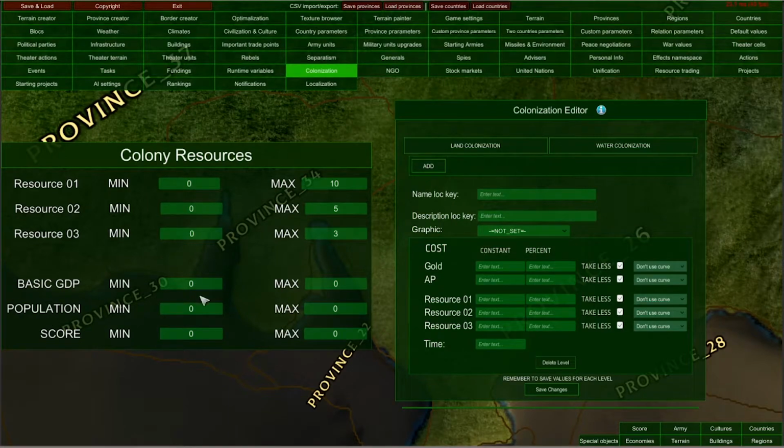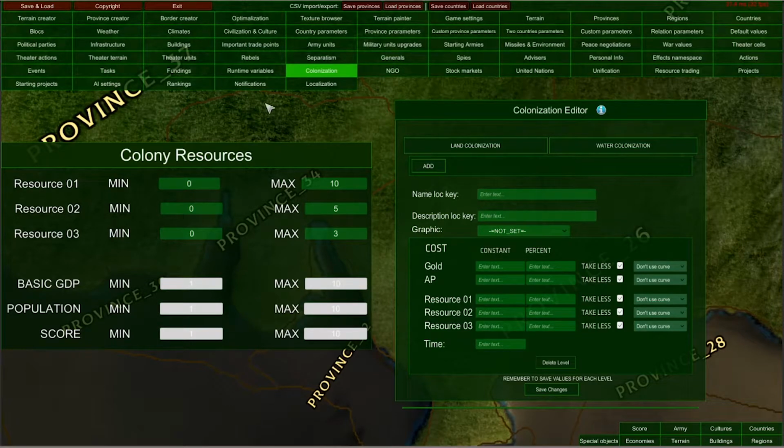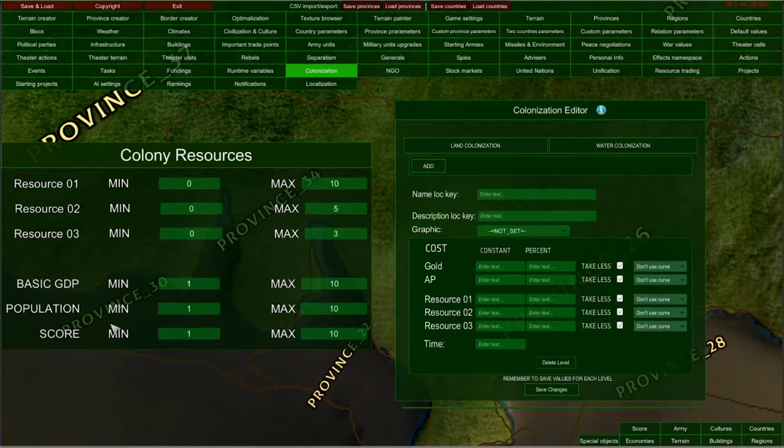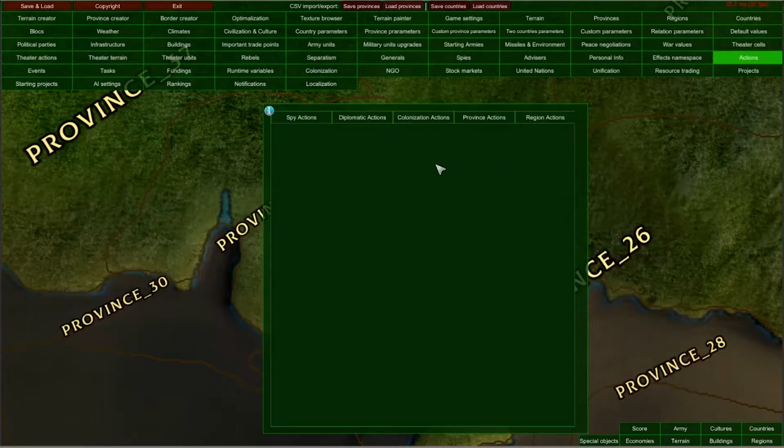And also I can set up the basic GDP for my colony, and I highly recommend giving here values of, for example, at least 1 in each category. Because that way, after colonizing, each colonized province will have at least 1 population, 1 basic GDP, and 1 score. And here to the right, you can set up your land colonization projects and water colonization projects. By clicking this Add button, I have created a level 0 colonization project. And to successfully colonize a province, you don't actually need those projects. You can simply skip them, and in your colonization action,